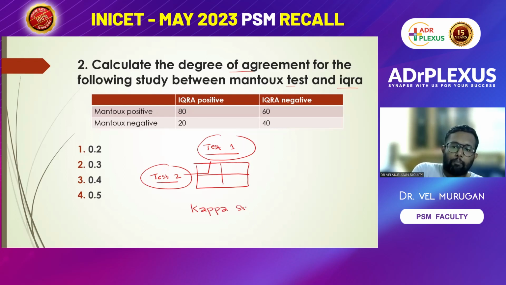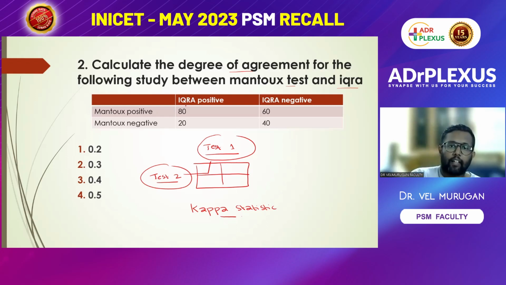It is known as the kappa statistic. So what is the level of agreement between two types of tests or two teachers? We can take two radiologists. One radiologist is looking for TB in all the X-rays. Another radiologist is looking for TB in all the X-rays. Then we are correlating the results of the two radiologists, how much they are agreeing.